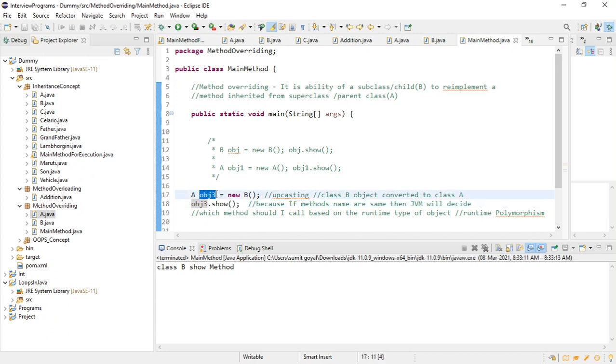This reference variable will have the object of class B, right? As the method names are same, now the class B object is contained in this reference variable. So this reference variable will call the method of class B, right? I think you are able to get why we are getting it. Is it clear to everyone?